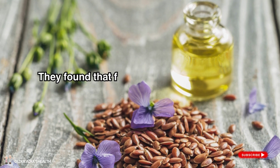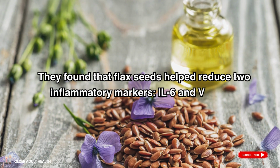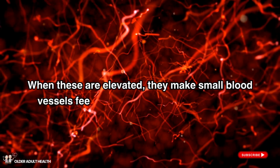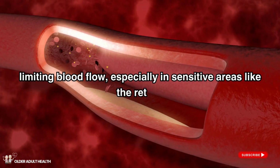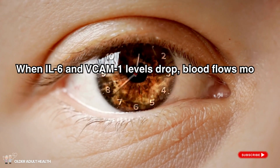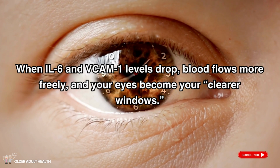They found that flax seeds helped reduce two inflammatory markers, IL-6 and VCAM1. When these are elevated, they make small blood vessels feel like they're coated with moss, limiting blood flow, especially in sensitive areas like the retina. When IL-6 and VCAM1 levels drop, blood flows more freely, and your eyes become your clearer windows, and the benefits